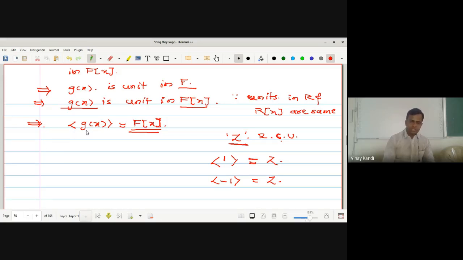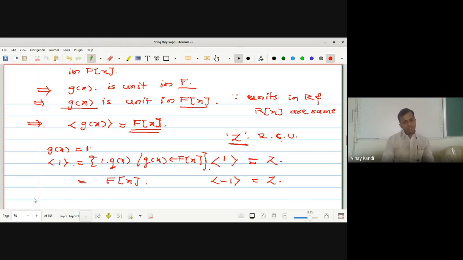ओके, सपोज दिस कॉन्स्टंट पॉलिनॉमियल काहीतरी असेल, हा 1 असेल. ओके, सो आयडियल जनरेटेड बाय 1 कसा असेल? ह्याचं डेफिनेशन काय असेल? 1 into suppose this was q of x, where q of x belongs to capital F of x. म्हणजेच काय येईल हा? सेट होल सेट f of x. ओके,